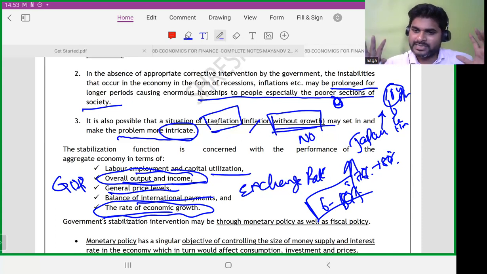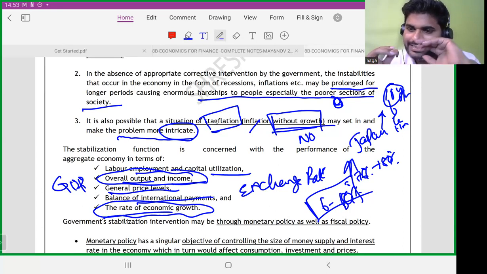All of a sudden, when COVID came in, there was so much loss of growth, a lot of employment lost, and the businesses were not able to sustain. For all of these reasons, what did the government come up with? Certain schemes for the MSME sector, certain schemes for big private companies, loan waivers, some interest rate reduction, and for a certain time period they didn't need to pay interest. All of those schemes the government came up with. So that is one of the stabilization functions of the government, right?